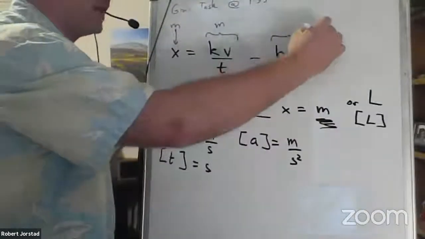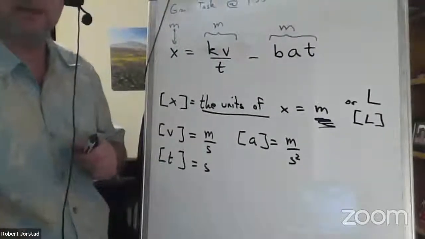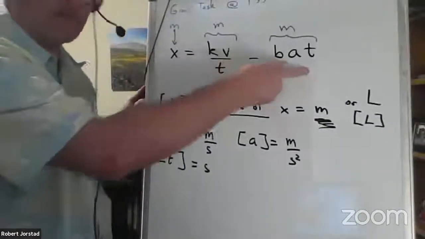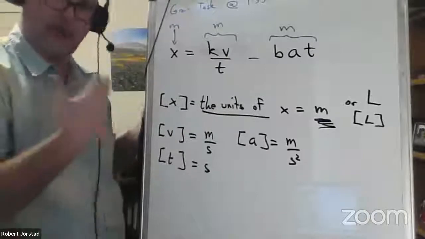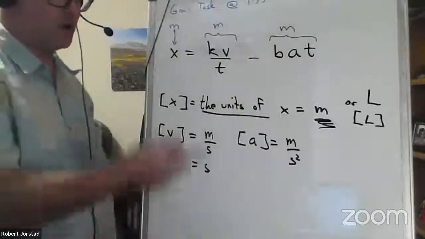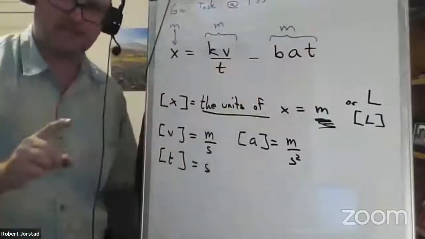This equation will only make sense if we're doing apples equals apples plus apples, right? You could only add apples to apples, or in this case, meters to meters. If you want to have meters for your answer, each term has to be in meters,